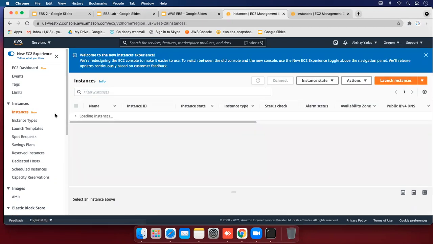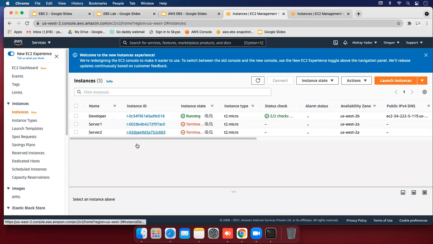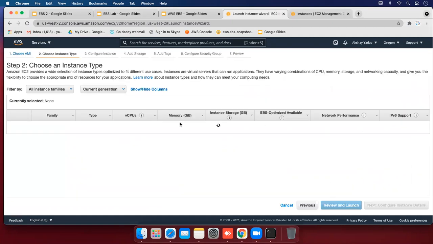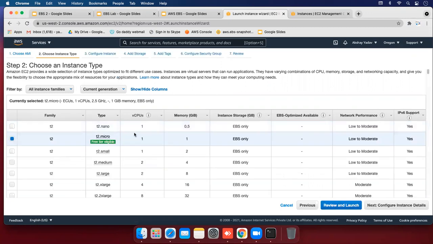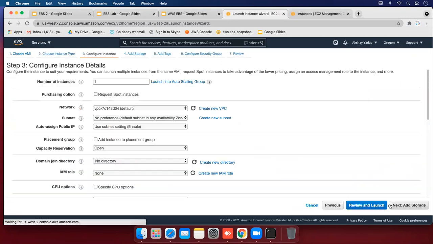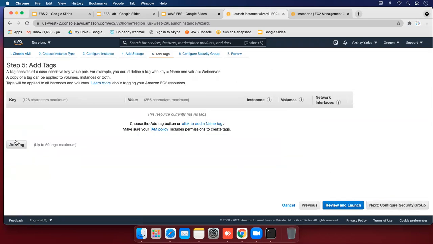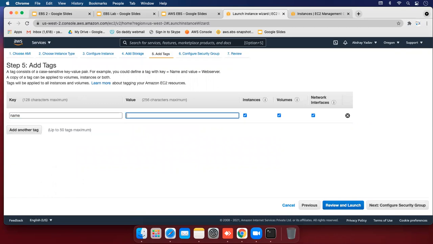So let's go to the instance and create a new server, launch instance. I'm going to create one more server here. Select and next, and here I'm going to use 8 GB space, 8 GB is enough. And next I'm going to set the name, and the server name is admin.